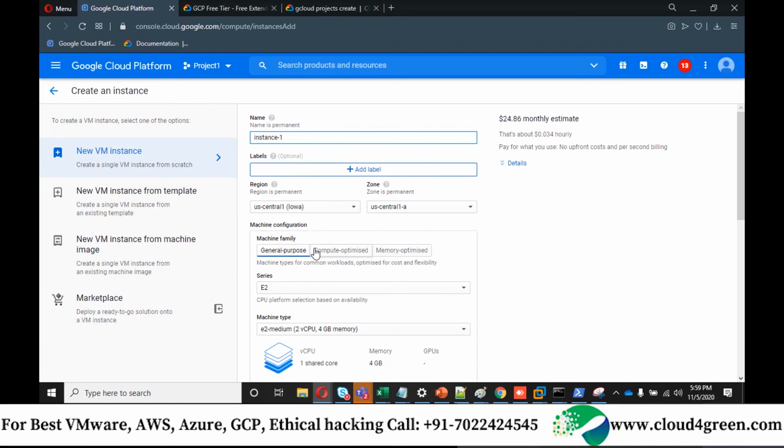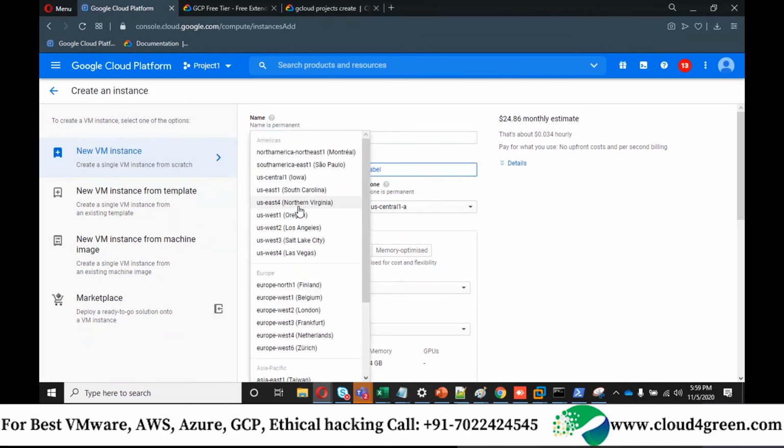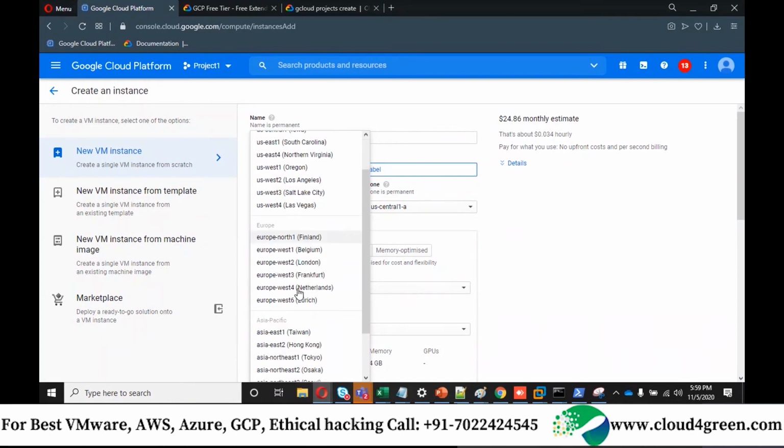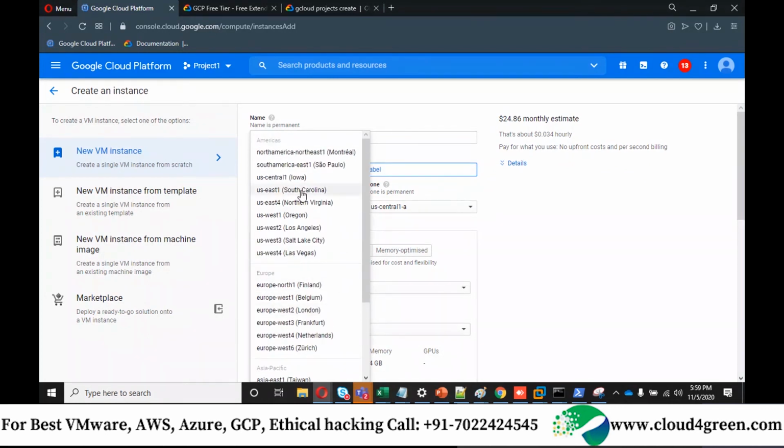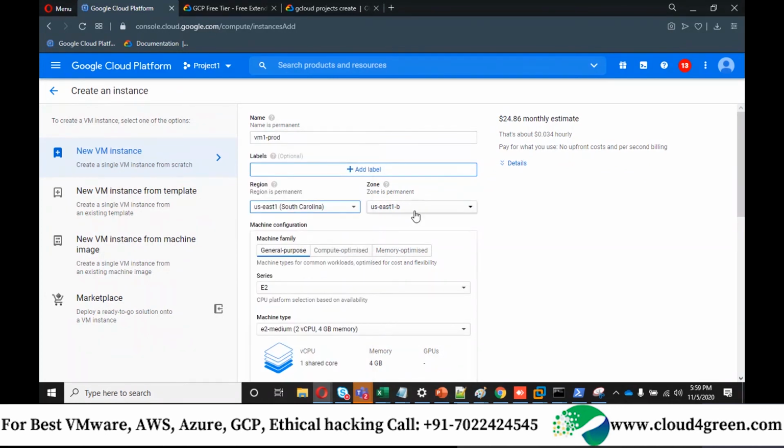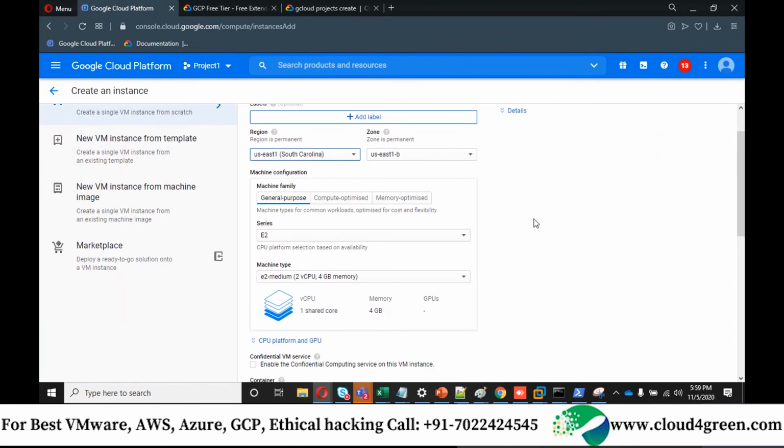Look into my screen, create an instance. Here we can provide instance name like VM1 production. And where do you want to deploy? You can deploy it in East US 1, US East 1, South Carolina. So let it be East 1B and virtual machine series type.